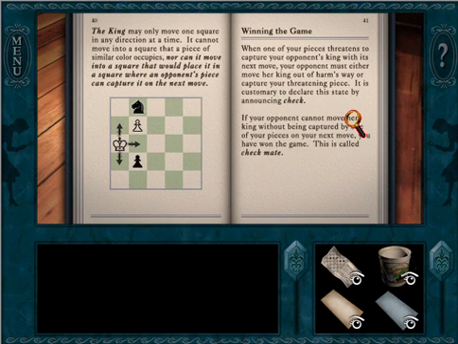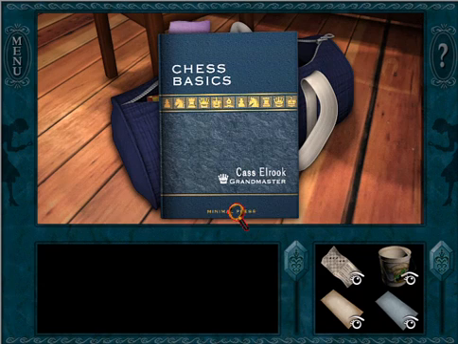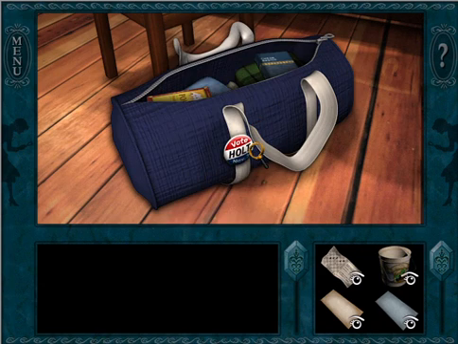And then it also tells you the alphanumeric organization of the chessboard. So the letters go for each column, and then the numbers go starting in the bottom for each row. So A1 to H8 is the whole board. Since both the king and the knight start with K, N is used to designate the knight, K is used to designate the king. So, now that we have our combination here,